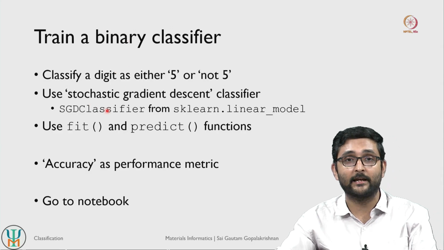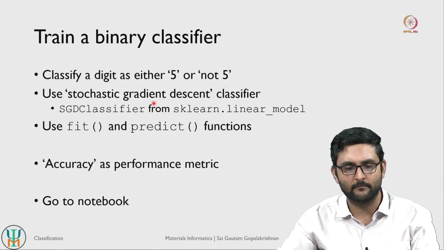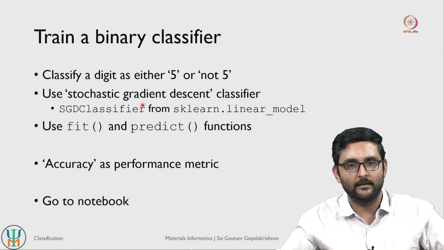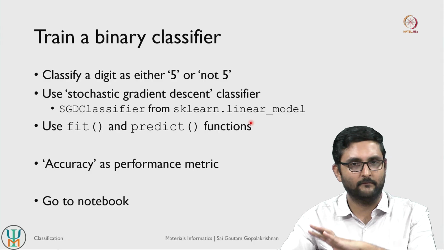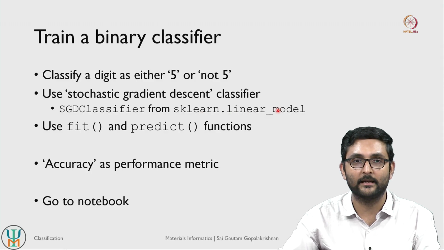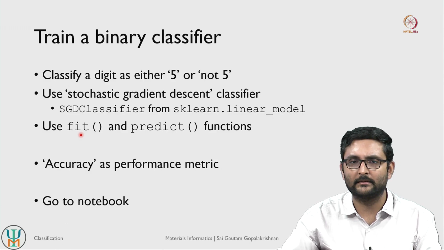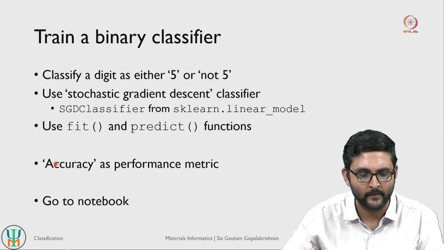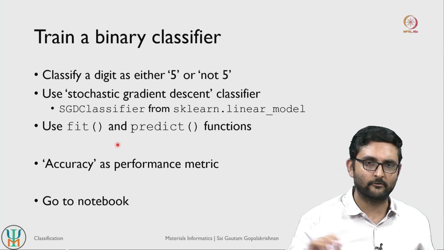The specific classification model that we are going to look at is referred to as the stochastic gradient descent classifier. I know there is a lot of jargon here, but we will cover stochastic gradient descent a little later in our course. This classifier is an example of a very simple linear model, a linear way of classification, which again we will cover a little later, right. So in order to get this class, we use the scikit-learn linear_model module, and the classification models also use simple fit and predict functions just like the regression models. For now we will use accuracy as a performance metric and see how these models perform. So let us get back to our notebook.